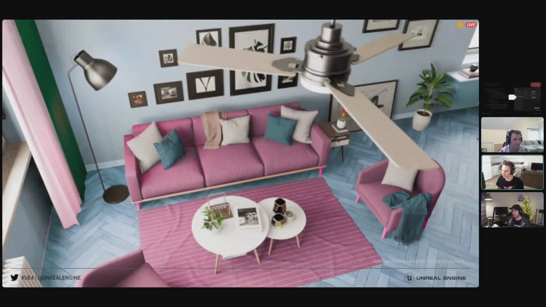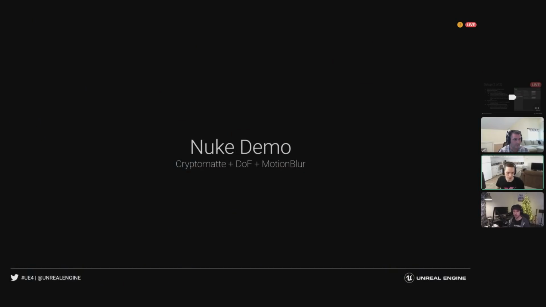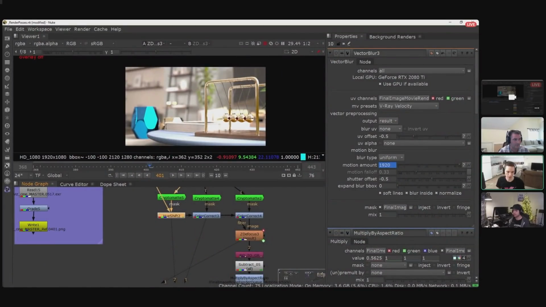As you can see here, the fan blades are a little out of focus, and the blur has the correct grain colors. It doesn't have part original, part new stuff. All right, so Andy's going to go ahead and give a demo. I'm going to step away real quick while he does that demo, but he's going to show you how to actually use that in practice in Nuke and show you the power of it.